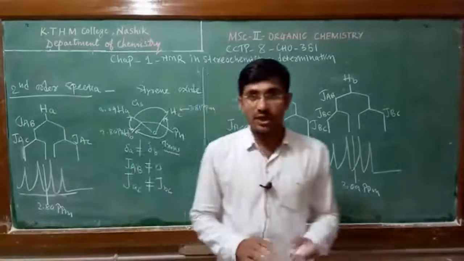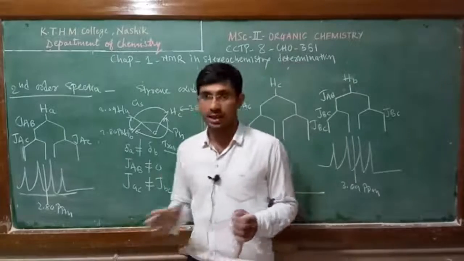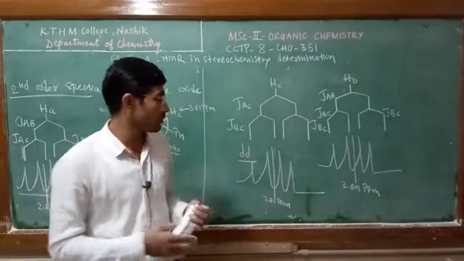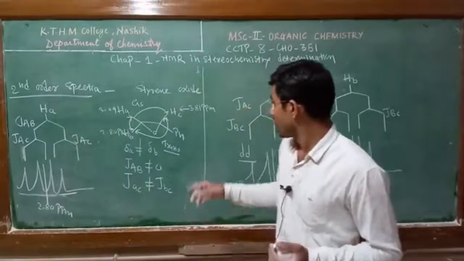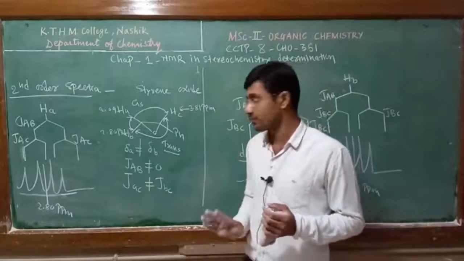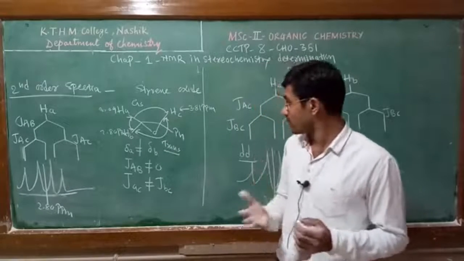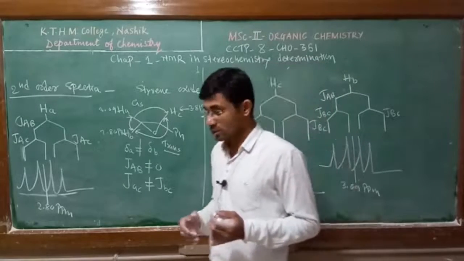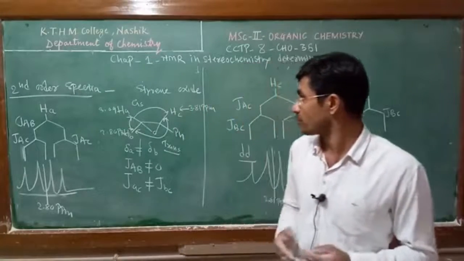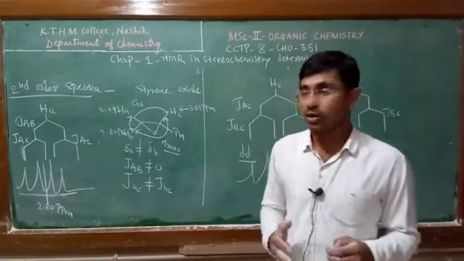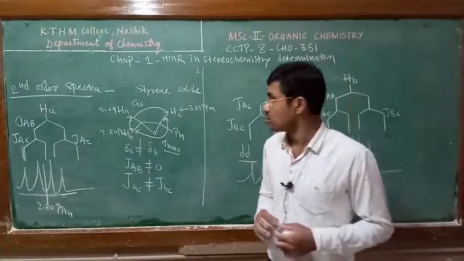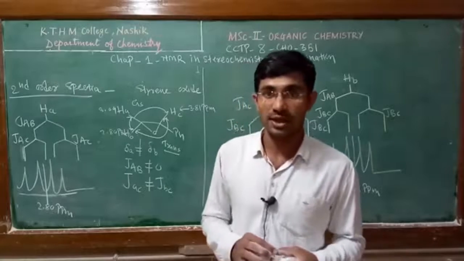So in this spectrum each proton gives 4 peaks, a doublet of doublets. You also observe a multiplet because of the phenyl group, which integrates for 5 hydrogens. So this kind of spectra we cannot analyze with the help of the n+1 rule. So we get a quite complicated spectra. That spectra is nothing but second order spectra. So this is all about first order and second order spectra.